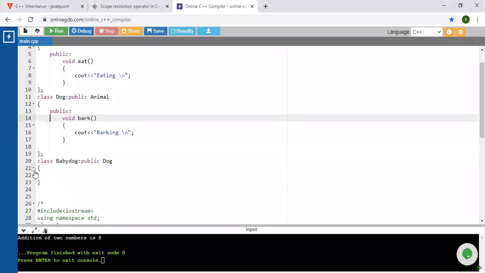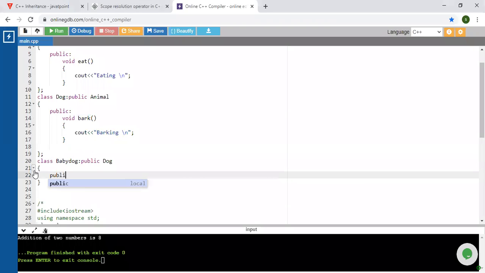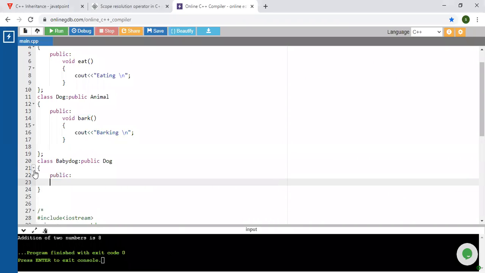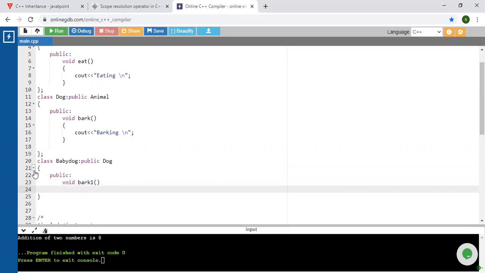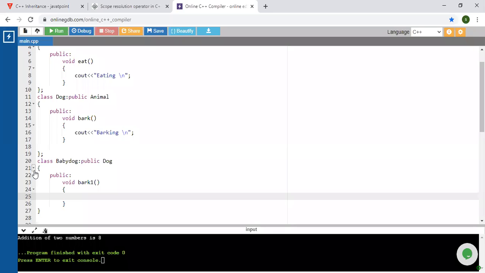Again we have to mention one more method, void. We will call it bark1, then cout, it will display the message barking1.